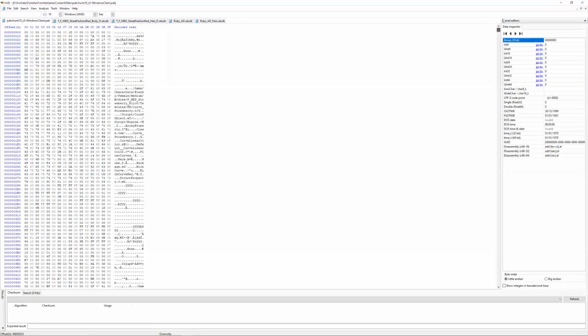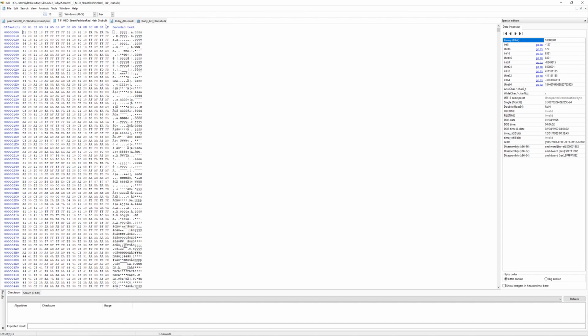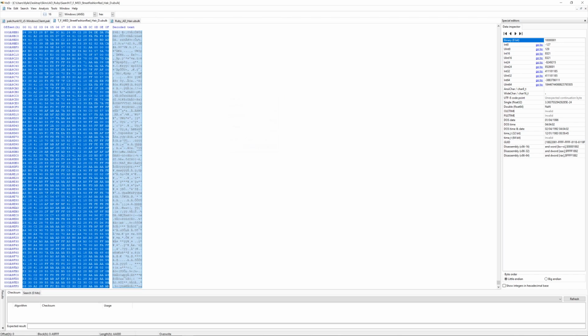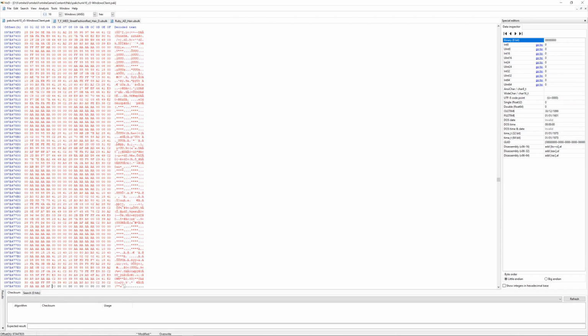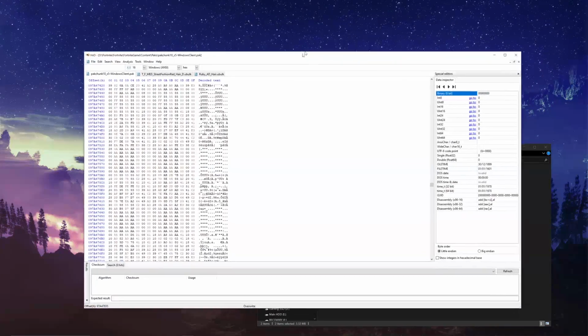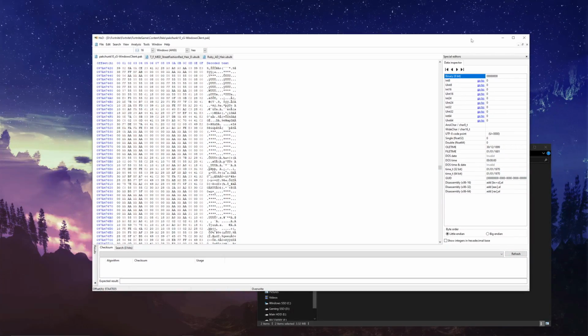So we want to go back up to the top of the pack file. We can close out of the body, same with this one here. Now we want to repeat the same process we've just made. I'm going to speed this one up. So now we have done that, that should be all you need to do for custom skins. It's a pretty simple process.